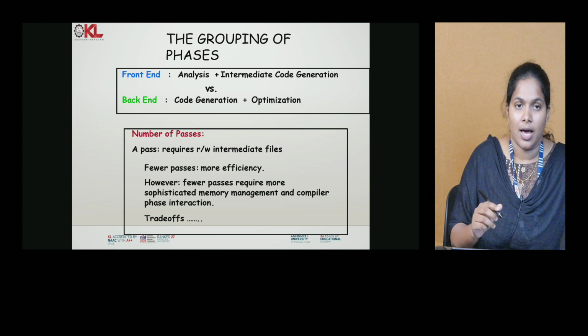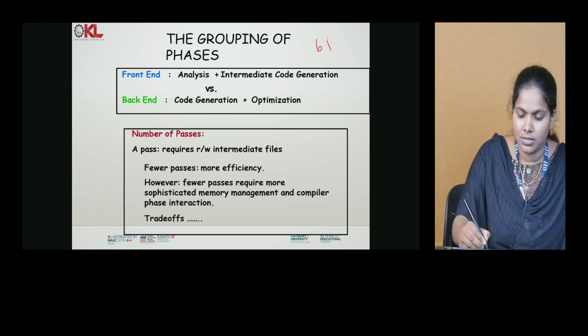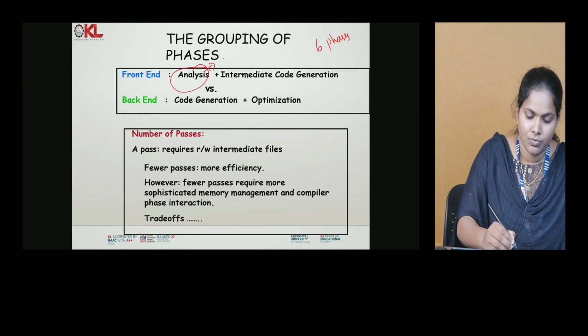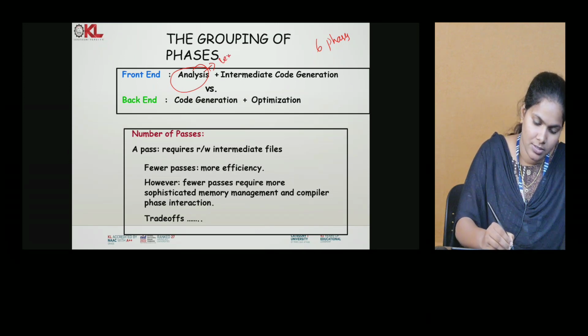The last one is the grouping of the phases. Now we have seen the 6 phases of the compiler. The 6 phases are grouped into the analysis phase. In the analysis phase we have lexical analysis first, the second one is syntax analysis, and the third